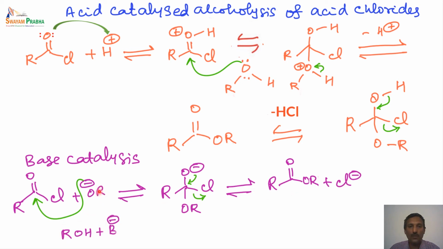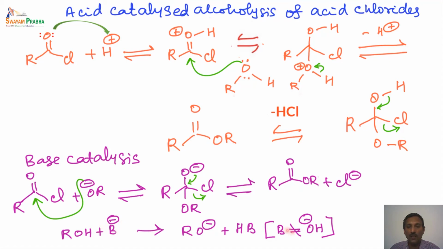So how the OR minus is formed is basically we need a strong base. A base should be much stronger, and then only it can abstract a proton from the alcohol. So the initial base abstraction of proton from the alcohol produces the alkoxide anion. So this alkoxide anion is the one which is actually responsible for the attack on the acid chloride. Alkoxide being a very strong base and a nucleophile, a hydroxide ion cannot abstract a proton from the alcohol to produce the alkoxide anion. So in this particular case, sodium ethoxide or very strong alkoxides are used to initiate